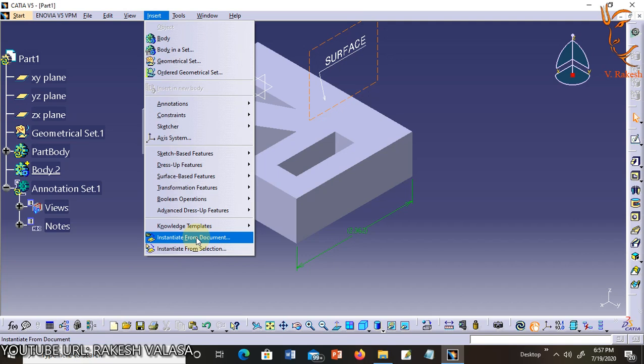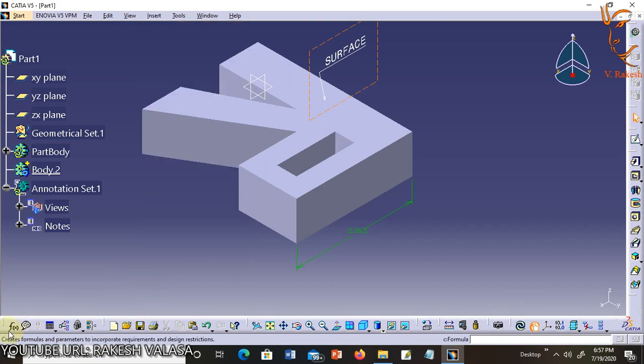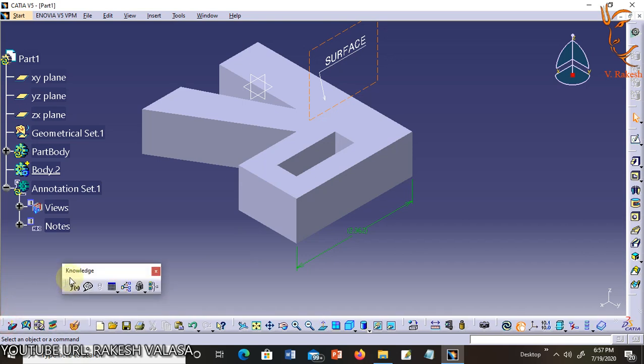This toolbar is a duplicate of the product knowledge template toolbar located in the bottom toolbar. Next, last one is instantiate from selection. This toolbar is a duplicate of the product knowledge template toolbar located in the bottom toolbar. This is the knowledge toolbar.